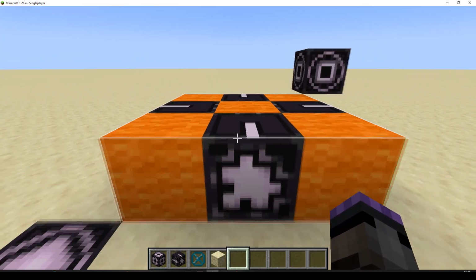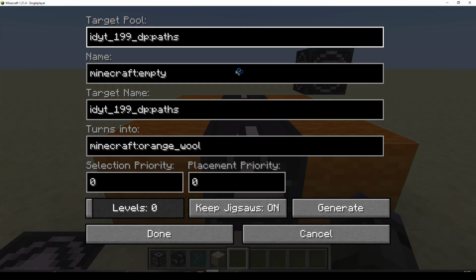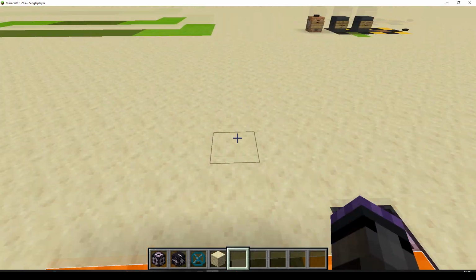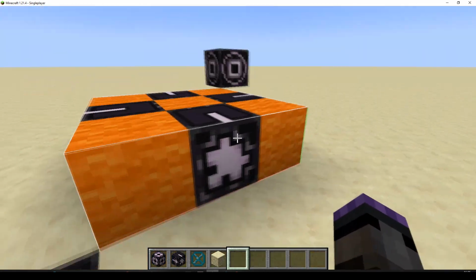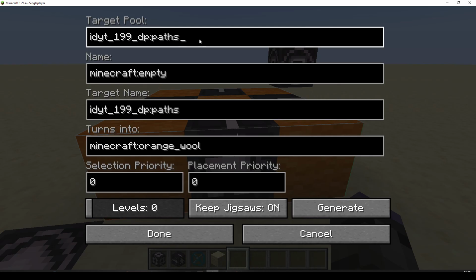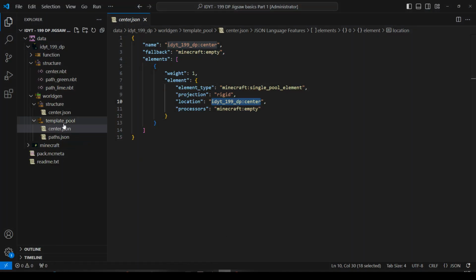and here we have the jigsaw blocks. Now this jigsaw block has a target pool, and it basically says I want to add something on the end. I want to stick something on here. Where can I look for it? You can look in ID 199 Datapack Paths target pool, and that will be in our template pool Paths. So it's going to look in there,